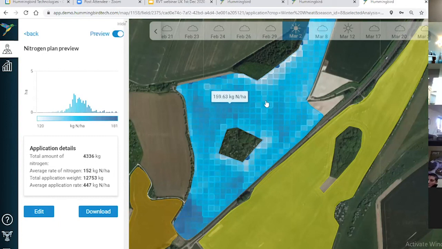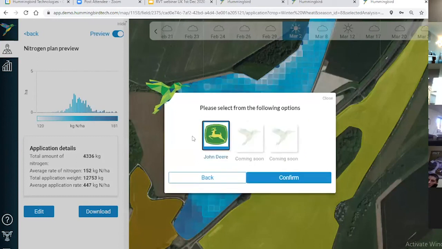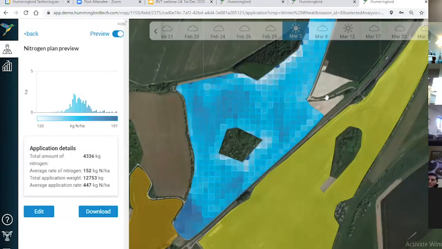Once you are happy with this plan, and if you don't need to go back in and edit it, again, in the same way, we can download that plan and we can send it to our John Deere Ops Center. That will then be there in the platform for you to send to the relevant equipment out in field. That is the main areas that